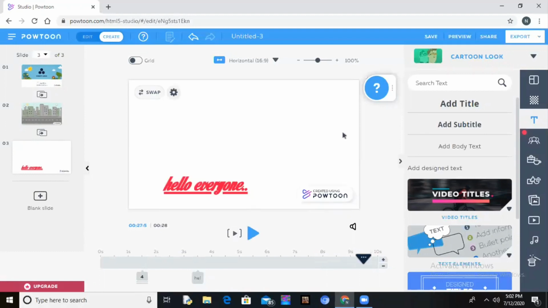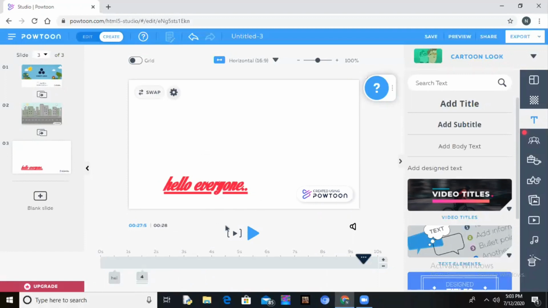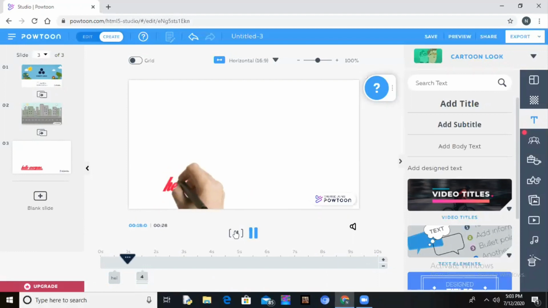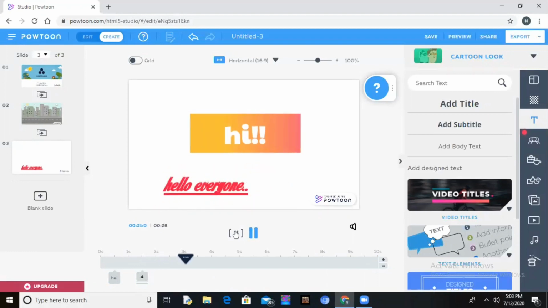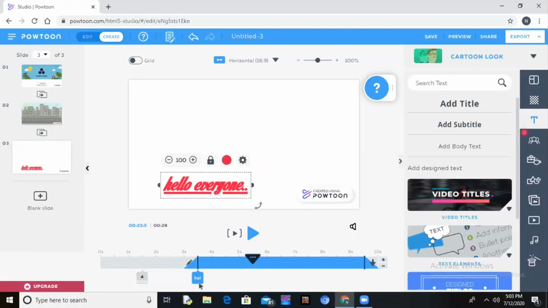like this. So this is how you can manage how you want your text to come and go on your screen. And also you can manage at what time you want it to come. It was coming so late, so if I keep it on half a second, it will come at the very beginning like this. So you have to manage the timeline according to it. You have to put things on the time at which you want it to come.